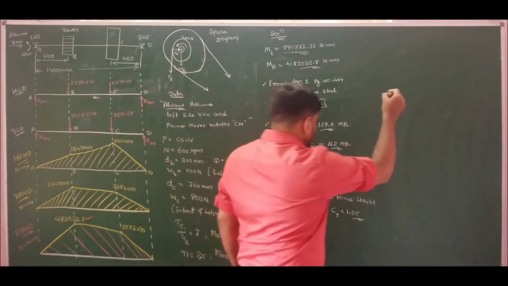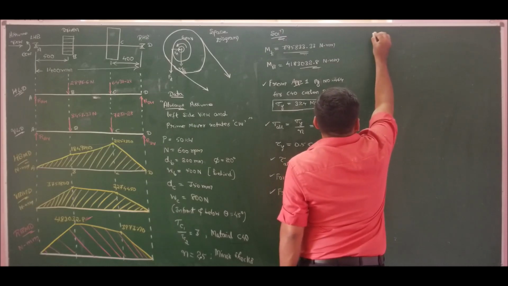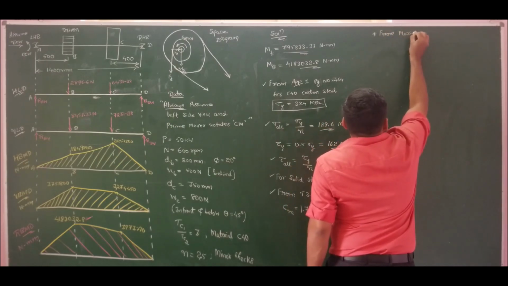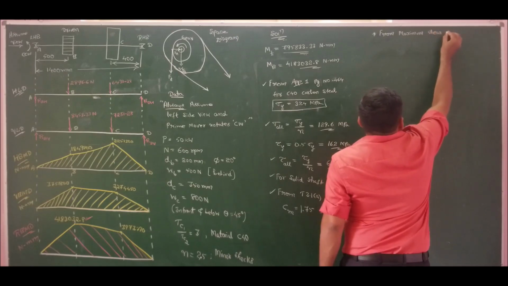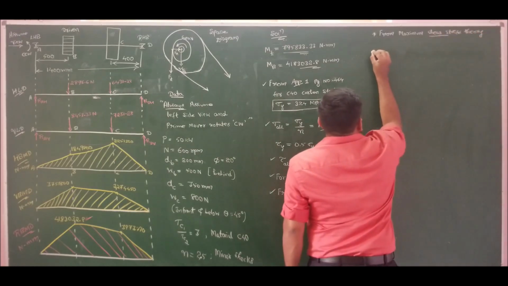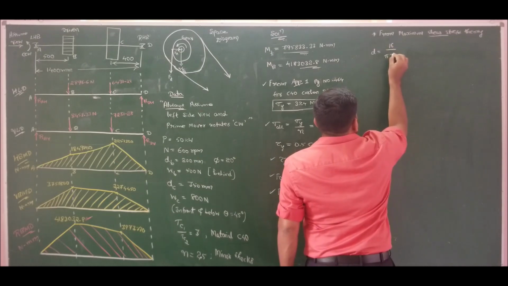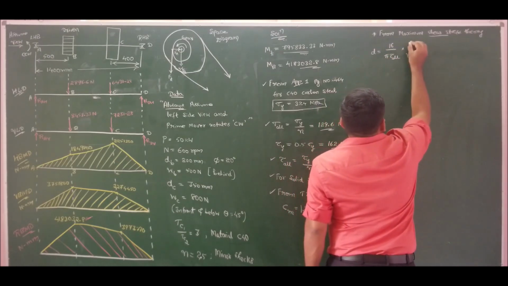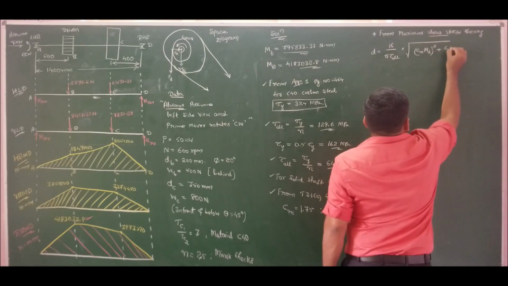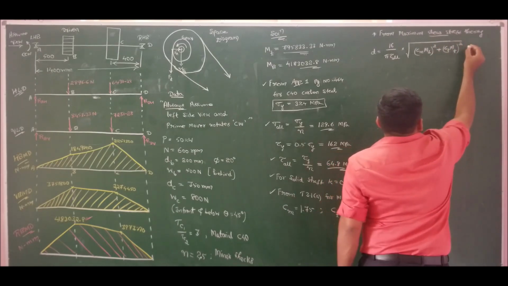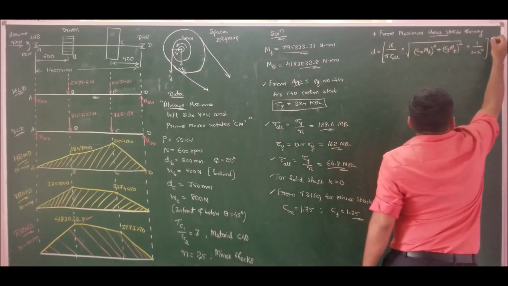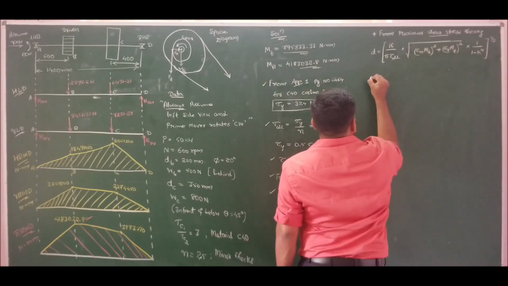So now I can find the diameter. First one, from maximum shear stress theory, we know that the equation for diameter is given by D equals 16 by pi tau allowable into square root of Cm Mb square plus Ct Mt square into 1 by 1 minus k to the power of 4, whole to the power of 1/3. So if I substitute and solve, I will get D is equal to